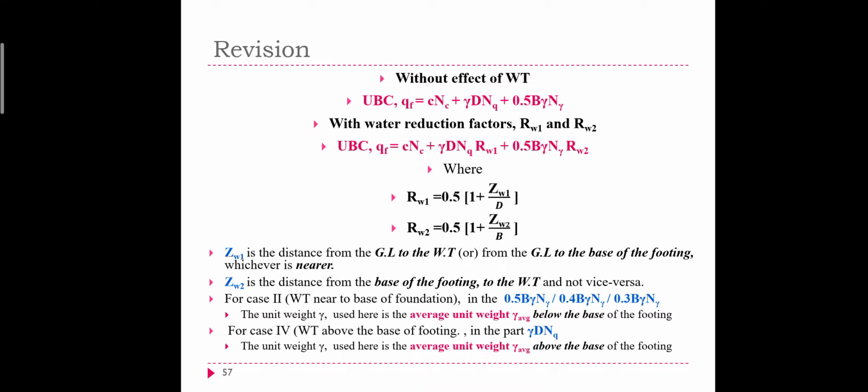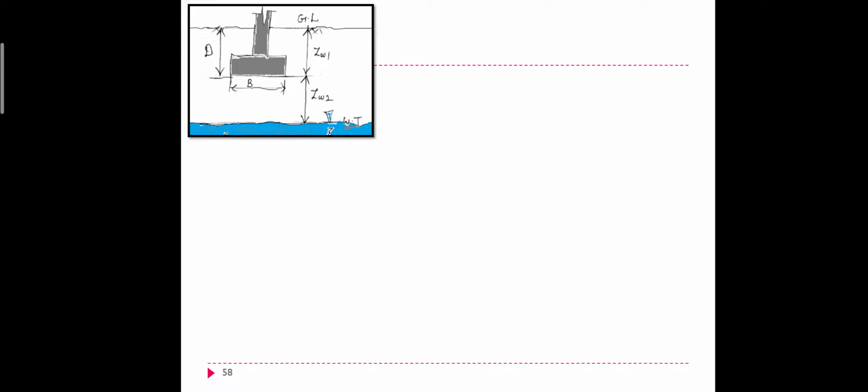Now another thing that you have to keep in mind is whenever you encounter the second case, I will explain that later. Okay, we will see this picture. This is the first case. Totally there are 5 cases of water table which are possible in a foundation. Okay, the first possible case: you can see here the groundwater is below the base of the footing. This is the first case.